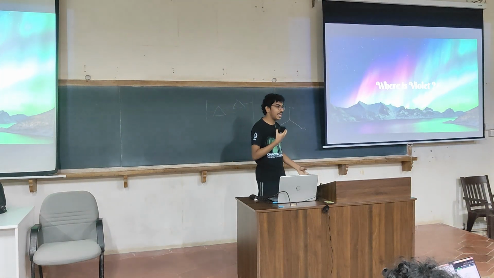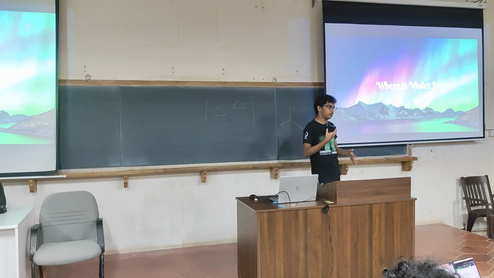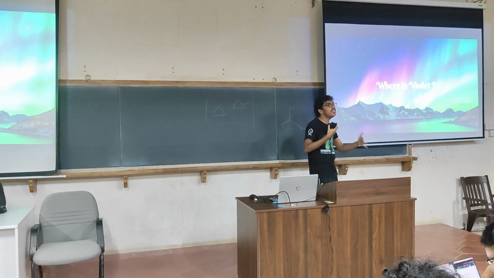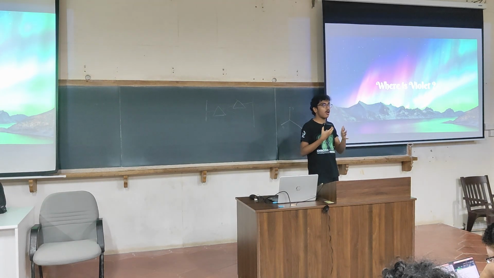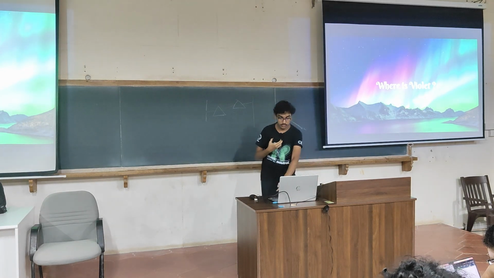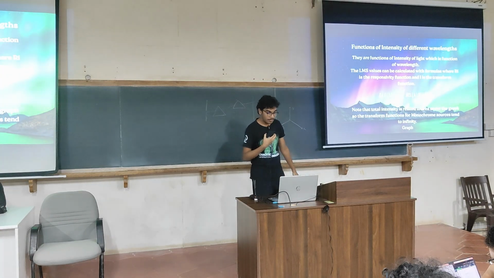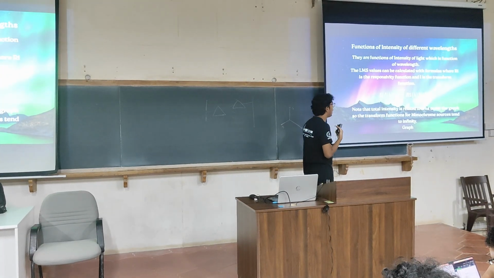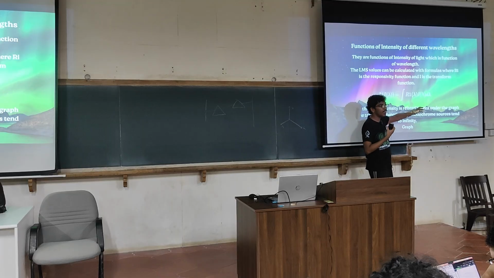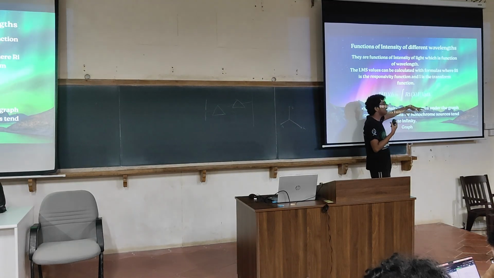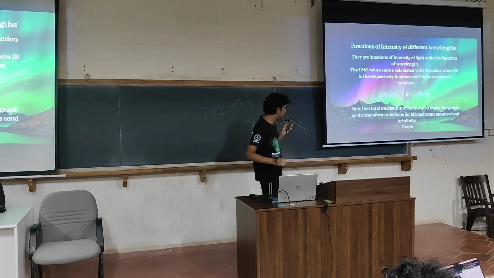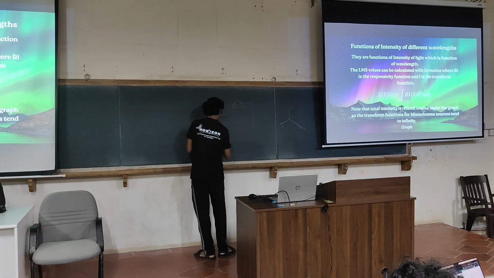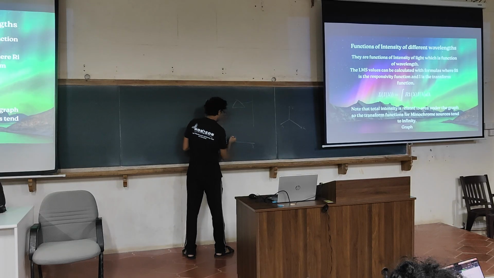So violet can be obtained by mixing the spectral colors. Spectral colors correspond to individual wavelengths, but other colors are a mix of wavelengths. So violet is a mix of wavelengths; cyan and magenta are all mixes of wavelengths. So what we understand is that the LMS values are not functions of wavelength. They are actually functions of the intensity spectrum of wavelength. Intensity spectrum is easy. It is just the intensity of light expressed as a function of lambda.